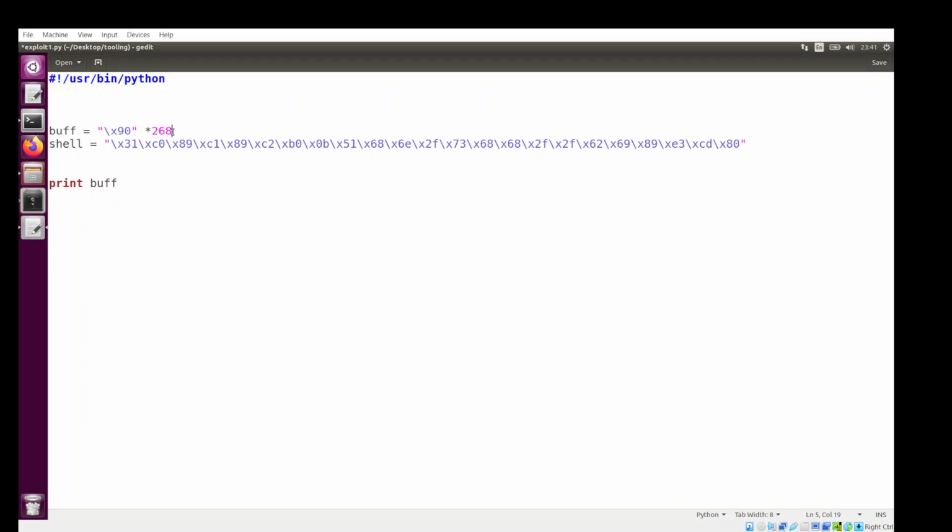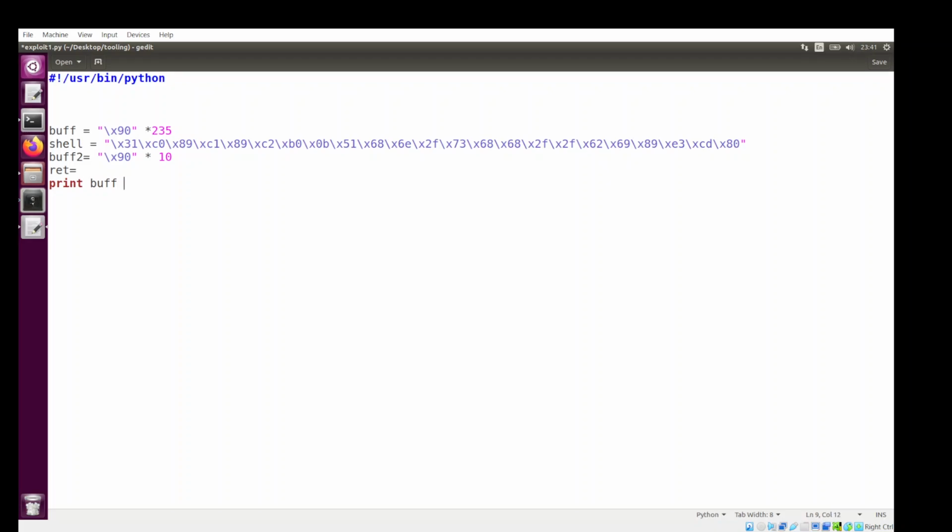So I'm going to say 235. And then I'm going to set a second buffer here with 10. And there we go. So now all we have left to do is overwrite the return address